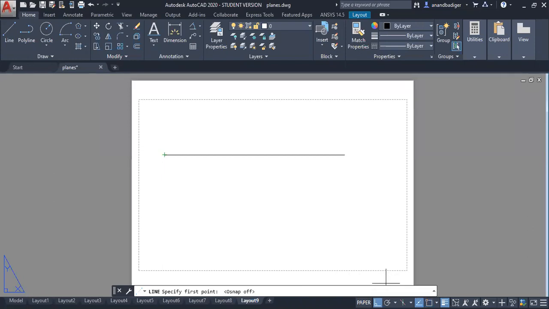If this object snap is switched off, then it will not show me the relation from where I have to start. That green box is not coming. So make sure that here below this object snap is switched on so that you can get those relationship entities. So that's all the initial settings you need to take care of. From there you can easily understand it.